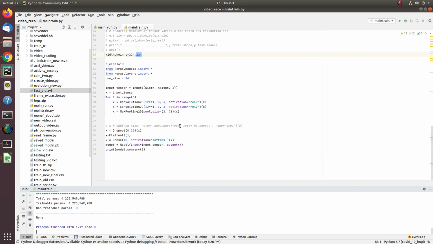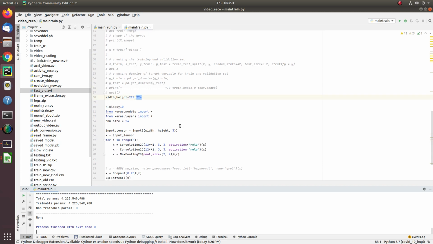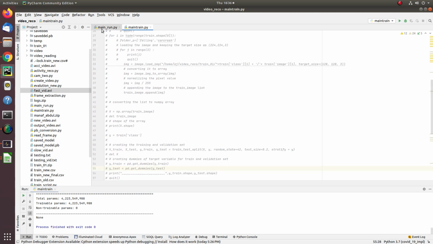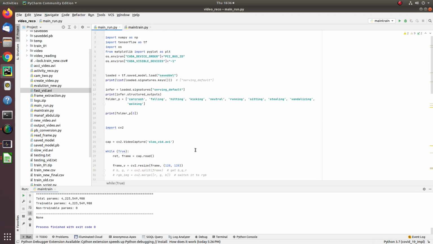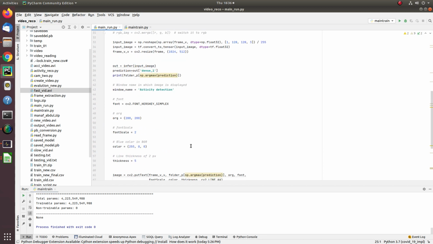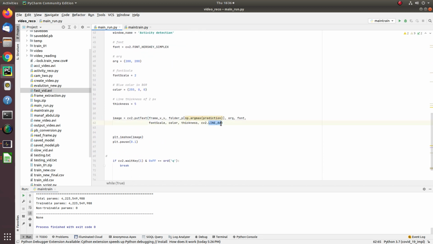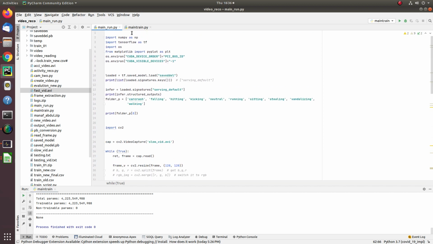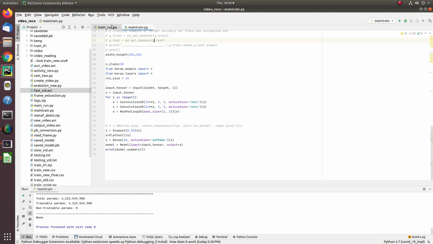I have used such a highly complex model so that I can get good accuracy, because when we talk about actionable AI, which is the next future of AI, so many big organizations and people are working on this domain, and so I need to show something relevant and good that we can also achieve good model performance with a local computer. Once the model is trained using the data set,